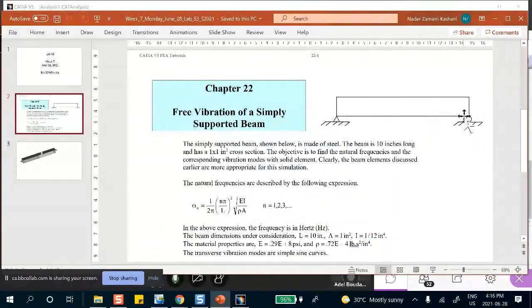Now, we want a simple support at these ends. Now, one way of thinking about simple support is this be on a pin and this be on a pin, or this be on a roller and this be on a pin. You might say, well, aren't they different? In other words, if you have a pin here and a pin here, would it be the same as a pin here and a roller there? The answer is, in the context of linear analysis, yes.